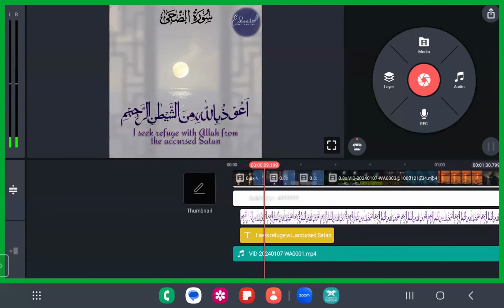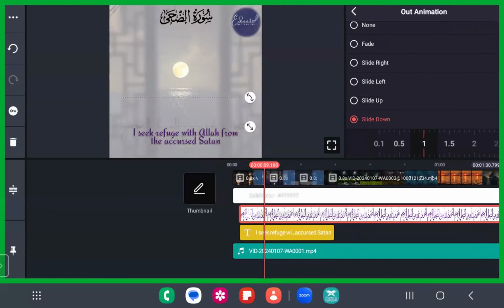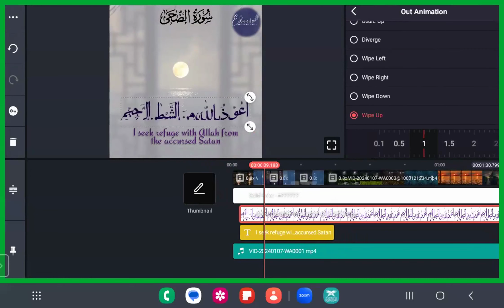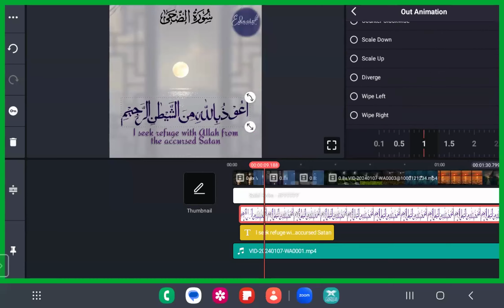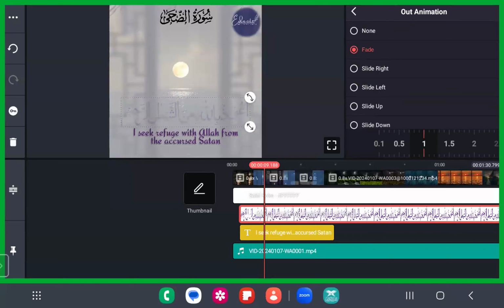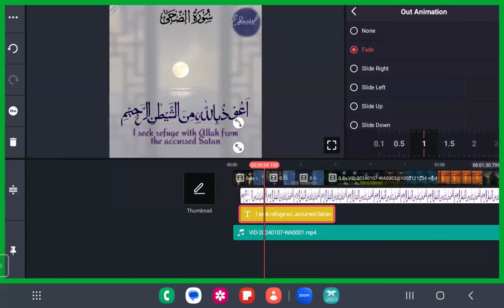Okay, it is till the 8th second. What you're going to do, how we are going to stop this? I want you all to assign an out animation to this already, so that whenever you're going to trim right, it is going to be easy for you. So before trimming right, I want you all to assign the out animation, how it appears when it's given out animation. Let it be a wipe effect or anything like that. Whichever you want to assign, you can assign. Okay, for me, let it be fade option, fine. So for this text, the out animation be fade option, fine.